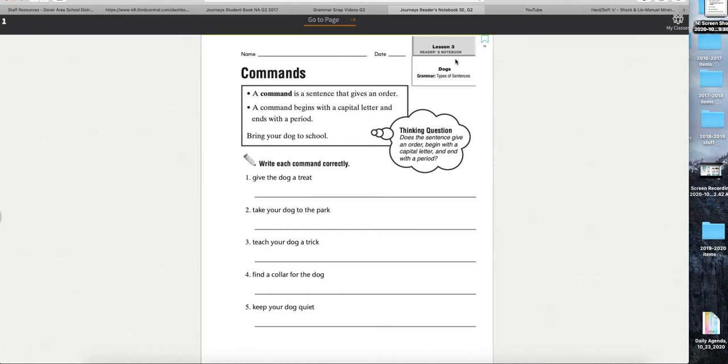So when you rewrite that sentence, make sure you put an uppercase T or a capital T at the beginning, and make sure you end your sentence with a period. Go ahead, Levi. You can get started on it right now, buddy. Okay. Take your dog to the park. Nice job, Logan. That's some good finger spaces. Fantastic. Take your dog to the park.